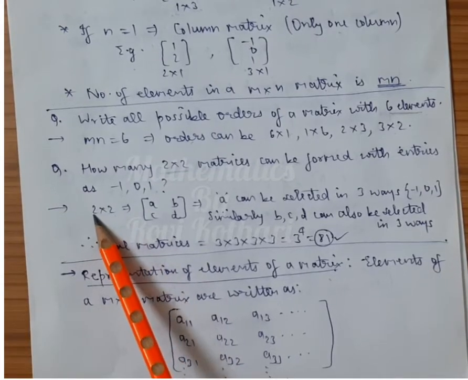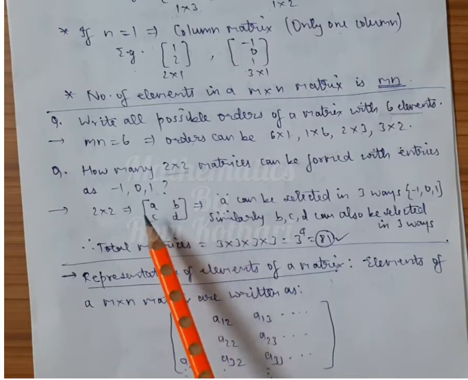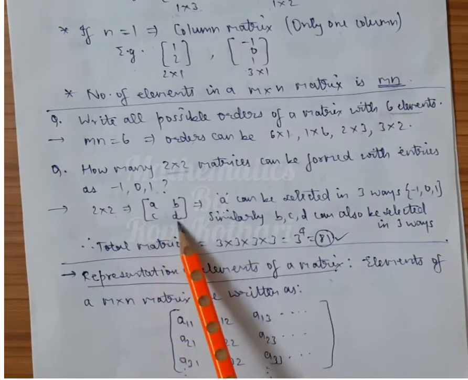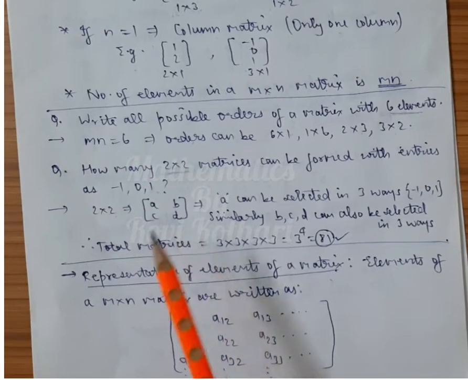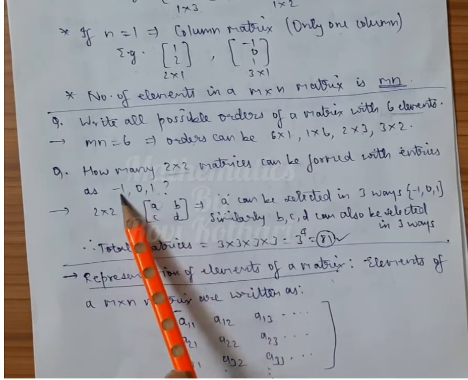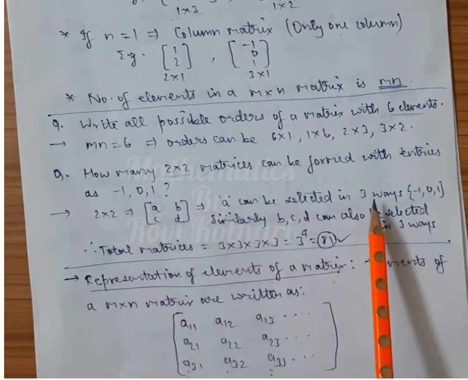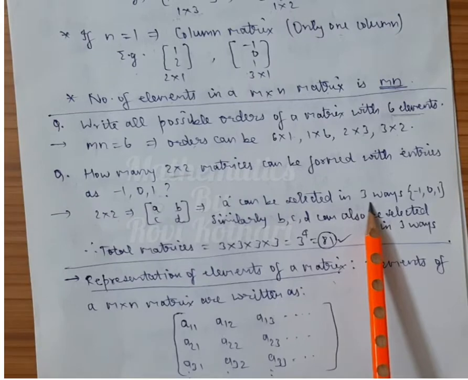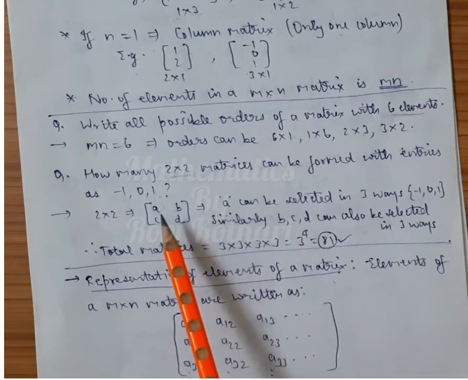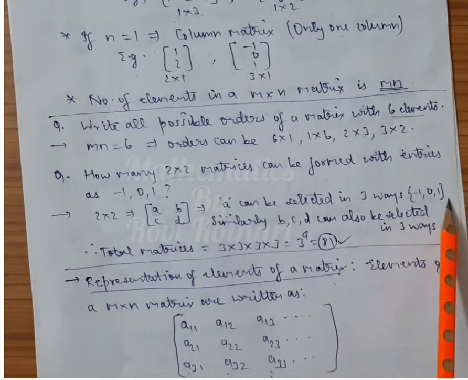And since the number of rows and number of columns is equal, that means it's a square matrix like this, where you have to fill 4 elements A, B, C and D. Now what about this A? Instead of A, I can place either -1 or 0 or 1. That means how many ways can I fill this place? 3 ways. If you go back to permutations and combinations, you must immediately realize that you can fill this place in 3 ways. It could be -1, 0 or 1.